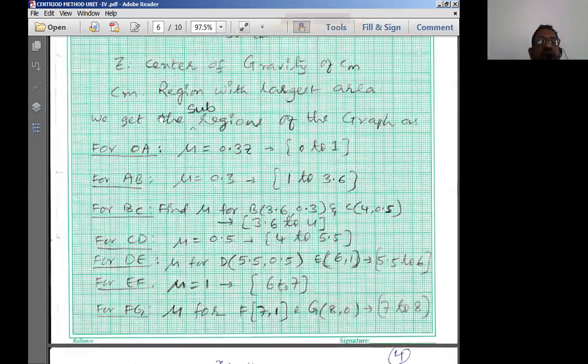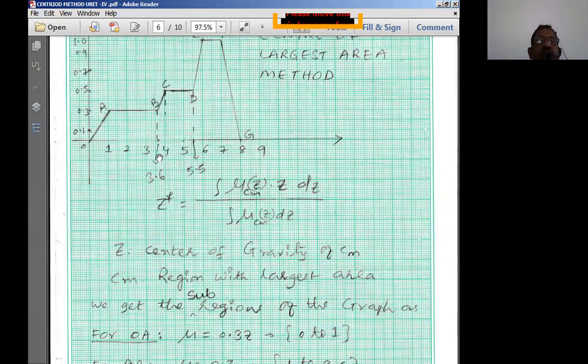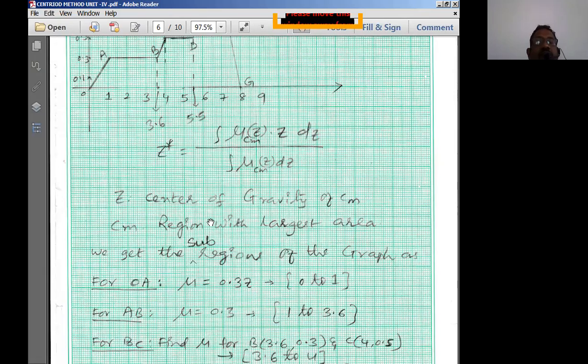Let us start to locate the individual functions now. In order to solve this, we require the membership function, and we require Z also. So Z is going to be taken from this particular thing. To get Z, we should apply limits for each and every independent fuzzy set in the union. If you take the first fuzzy set Z1, it is varying from 0 to 3.6. The second fuzzy set is varying between 3.6 to 4. The third graph is varying between 4 to 5.5. So like that we have to find out now first of all.